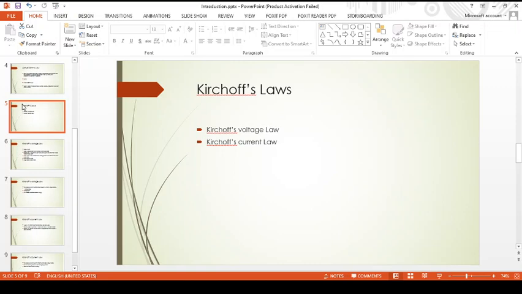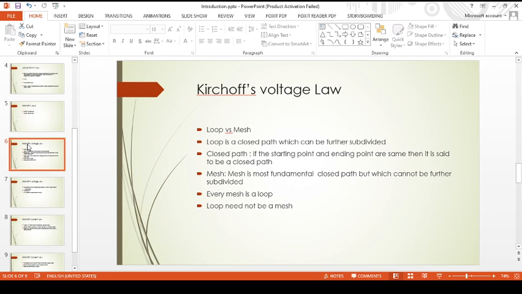What is Kirchhoff's law? One thing you should understand from the name itself. They are also famously called KVL and KCL. Kirchhoff's voltage law pertains to the voltage and Kirchhoff's current law pertains to the current. If that fundamental thing is clear, then when you write the descriptive answers, you will not get easily confused. There is always a chance of getting confused, but you will not get easily confused.